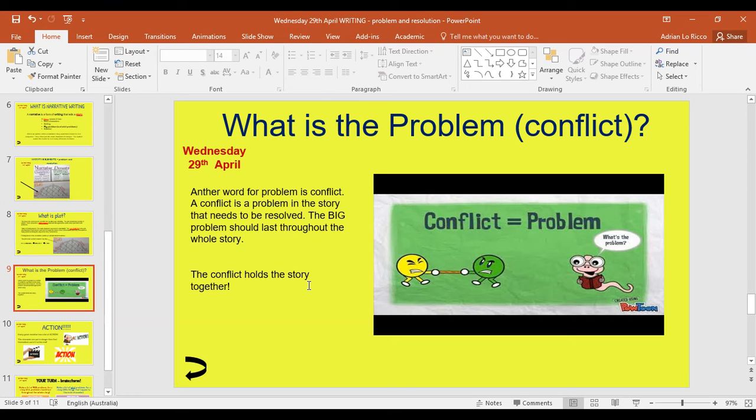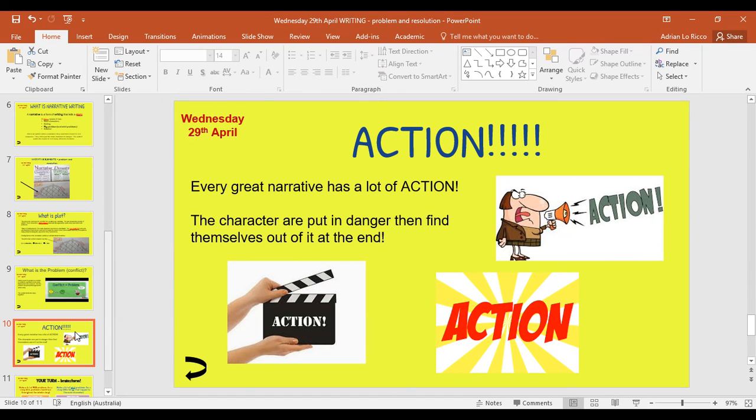So another word for problem is conflict. They mean the same thing. Conflict, problem, means the same thing. Now, a problem or conflict is the problem in the story that needs to be resolved. So there's something bad that's happened and it needs to be resolved, which will happen later in the story. And it should last throughout the whole story. Every great narrative has lots of action. The characters are put in danger. Your main character should be put in danger, and then he or she works their way out. All right, I'm going to make another video to explain what your